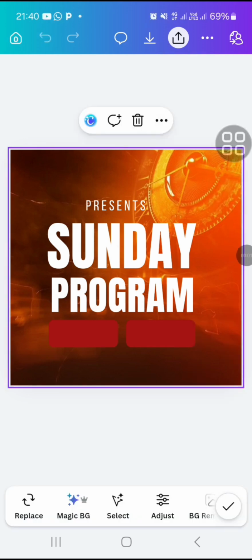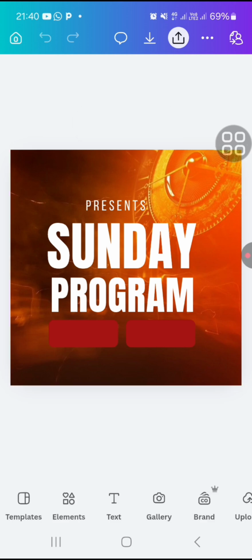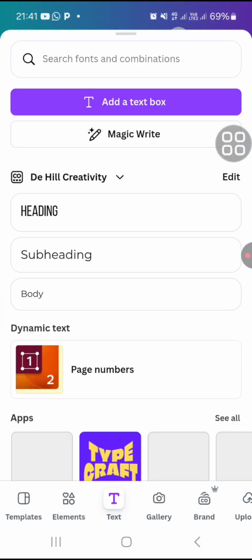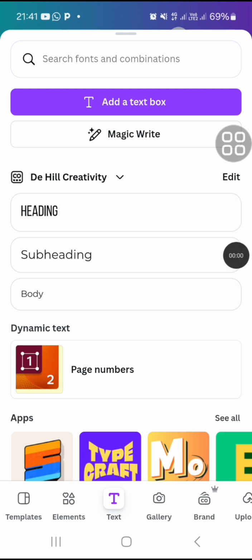Next thing to do now is to type the name of the church and then add the fixtures as expected of this flyer. I will now add some tricky designs, if you can, to make designs more lively. The next thing is, we are now going to add the text. You go on and click text. Let's click the text. You type the name of the church. And I'm going to be typing